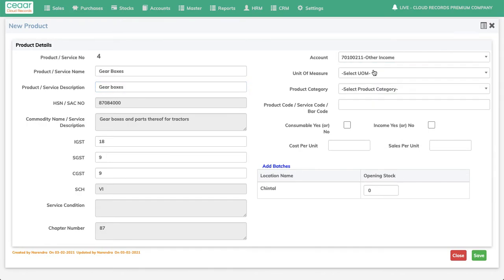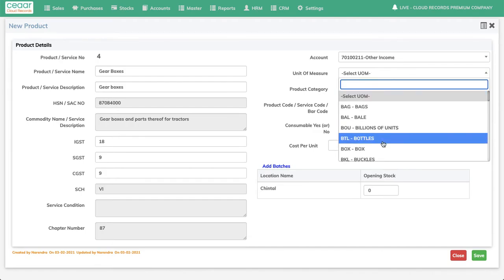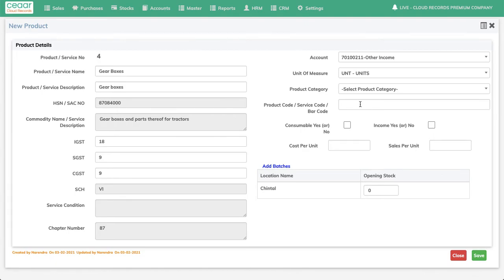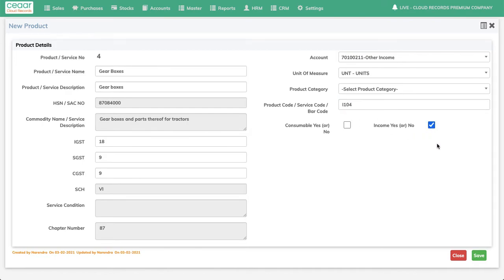I'm selecting some other income. Income category. I'm selecting income. Basically, what is this income? Why do we need to create this?